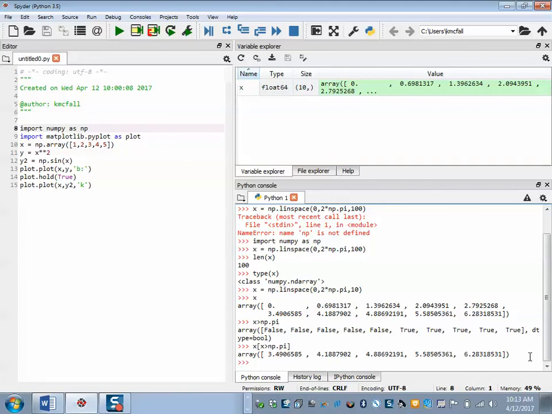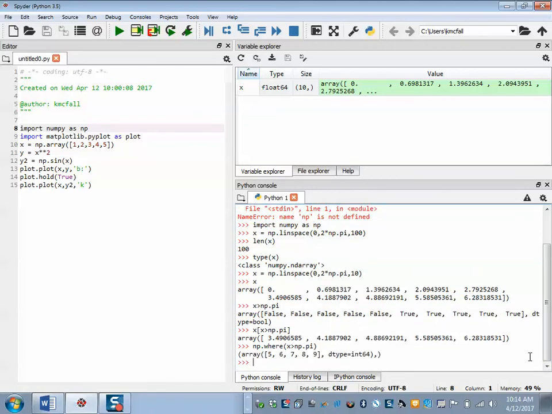We can also search the array to find values and return the index positions where something is true. And that's the where command. For whatever reason, they didn't call it the find command like they do in MATLAB. So the NumPy where, and what you pass to it is just like you pass to find. You pass to it an array of Booleans, and it will return you the index numbers where those Booleans are true. So if I say x greater than np.pi,